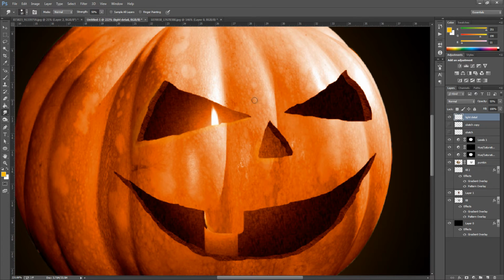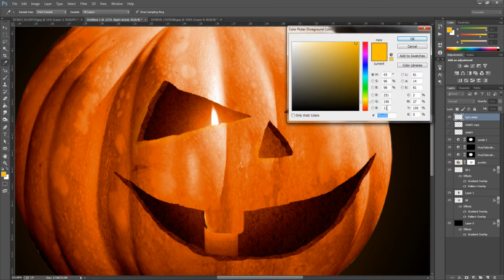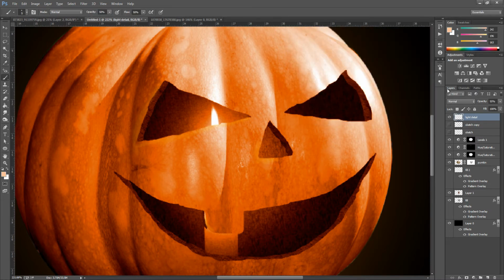So once we have done that, the next step is to go back to our brush. We're going to change it to 5, keep with that, and we're just going to change the colour for this. So the new colour is going to be F2C4A3. So type in F2C4A3, and we're just going to click OK.